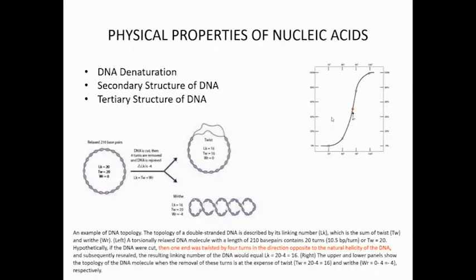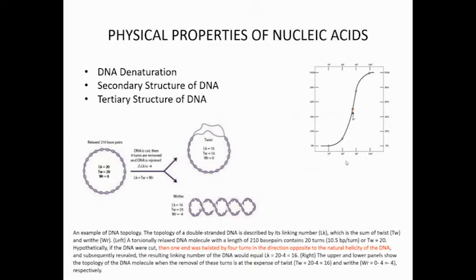And then some other physical properties: DNA denaturation, the secondary structure of DNA, and the tertiary structure of DNA. For the DNA denaturation, as I mentioned, if you have the complementary sequence, they can form the double helix automatically, all right? And then the DNA denaturation, when you increase the temperature, for example, this is the curve you can see here. If you increase the temperature from 70 degrees to 100 degrees,